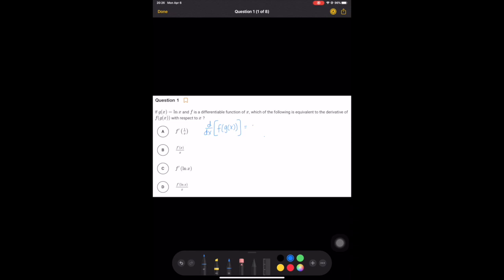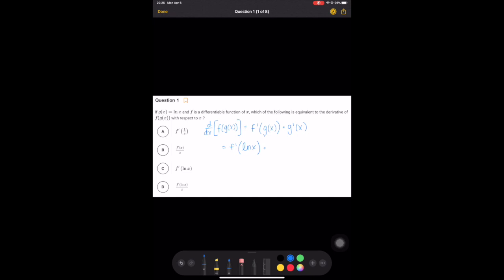We take the derivative of the outer function, so that's f prime of, keep the inside the same, times the derivative of the inside, that's g prime of x. So that's literally the chain rule definition. And now we plug in what we know. They told us g of x is ln of x, so that means we have f prime of ln of x